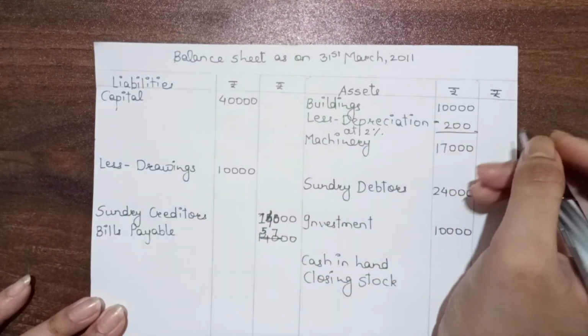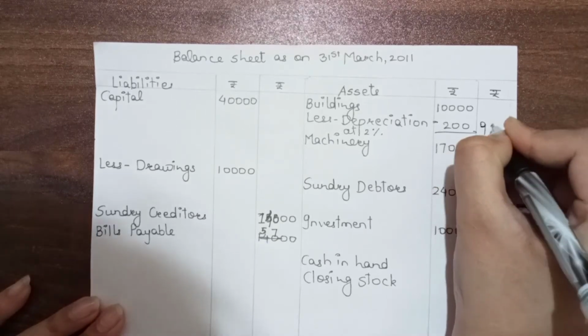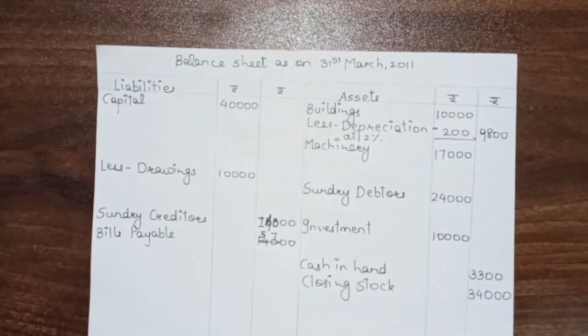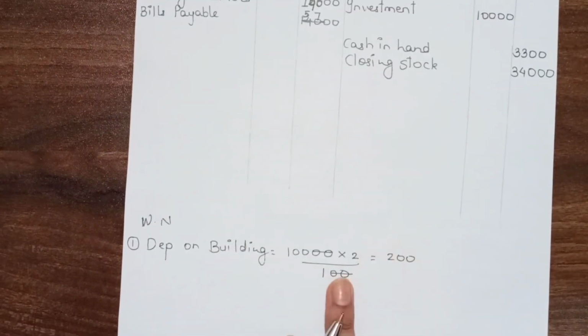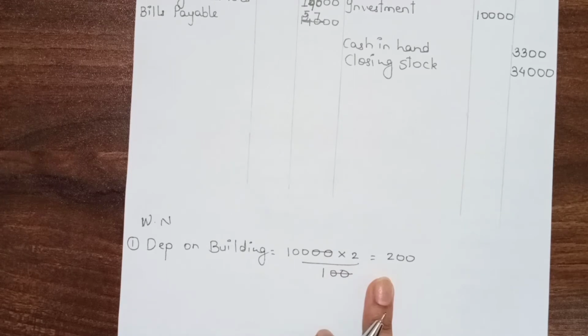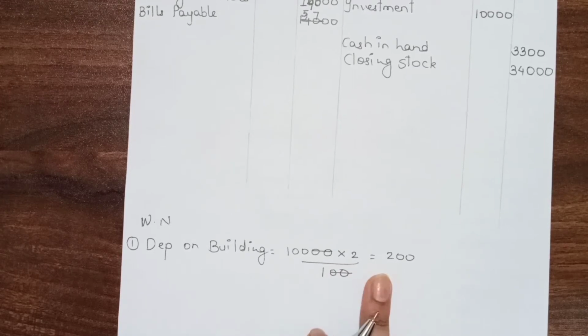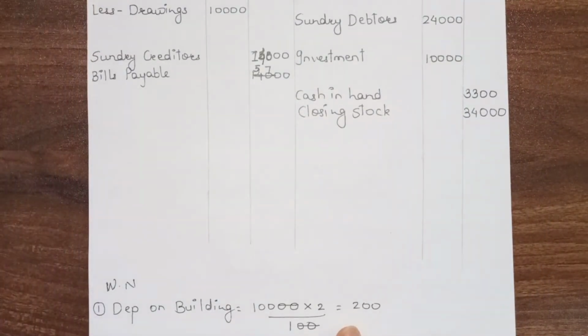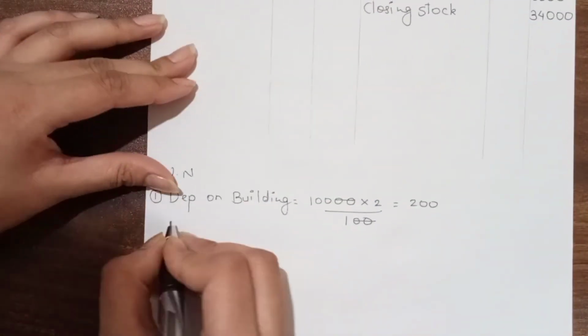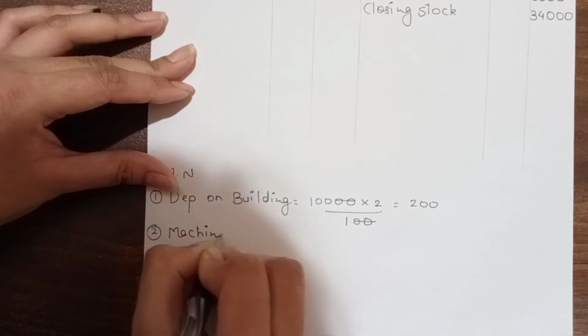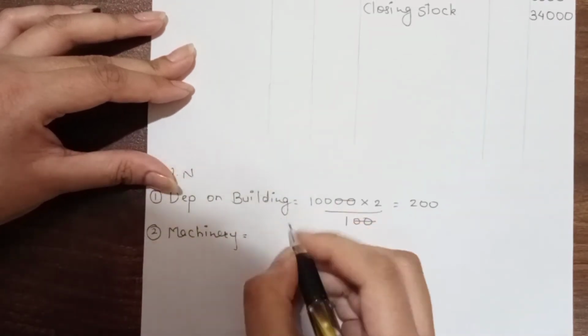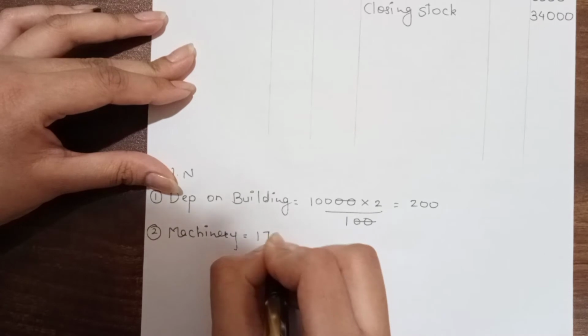How much will be the amount in the outer column? 9,800. You have to subtract this depreciation which we have calculated down over here, 200, from the original amount of building, and then you will get the final amount of building after depreciation. Next one is machinery 10%. So machinery, how much is the amount? 17,000